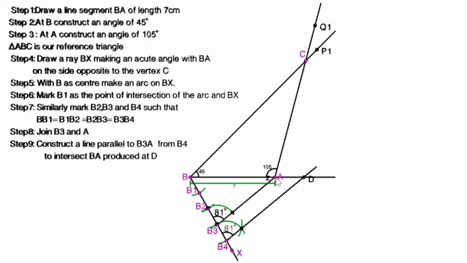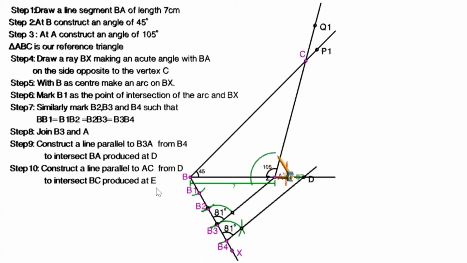So I'll make a line parallel to AC from D, right? And it will intersect the line BC produced at point E. So let us do that. For that, I have to make a line from D, and it has to be parallel to the line AC. So with A as center, I'll make an arc. With the same radius, I'll make an arc at D. I'll find out the width of the angle BAC, and the same width I'll be making here at the angle D. Let us do that.